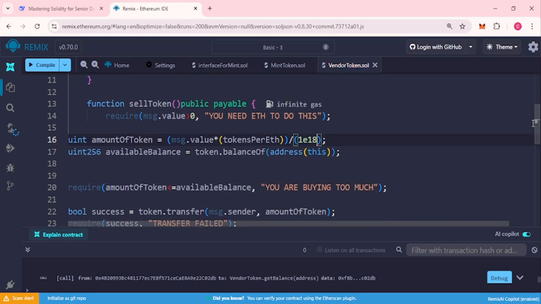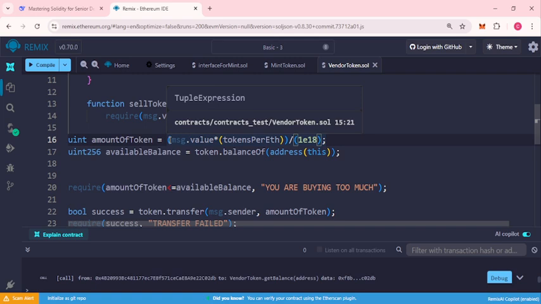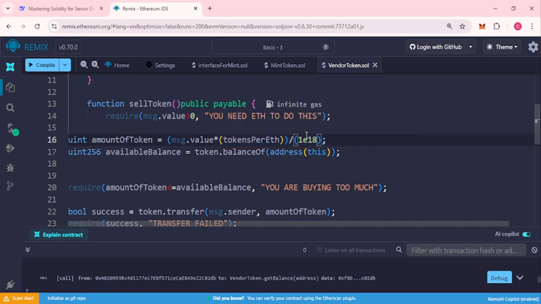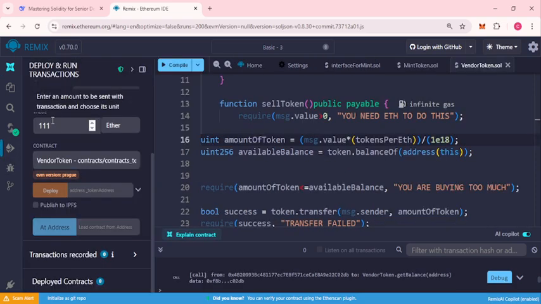Now, the math that I'm doing here is amount of token. That means the amount of token that the user wants is going to be gotten from this. The user sends this. And by the way, this message value, whatever I'm sending here, Ethereum has a way of converting it to 1E18. So that's why I'm dividing it by 1E18. For instance, if I send 1 here, even if I put ether here or wei or gwei, what Ethereum is sending to this message value is 1 times 10 raised to the power